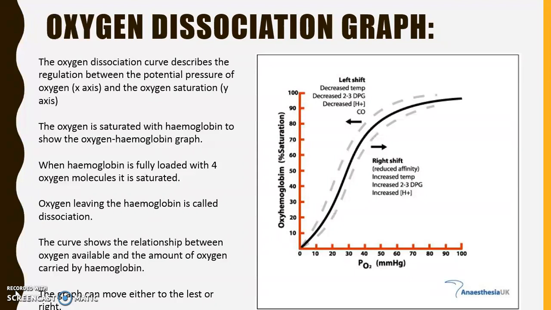What this means is when we're exercising, our body temperature increases, meaning that the graph moves right because we're working harder and sweating out more. The opposite is when the graph shifts to the left. This means there's a decrease in our body temperature and an increase in our pH values, meaning that we are not working as hard,